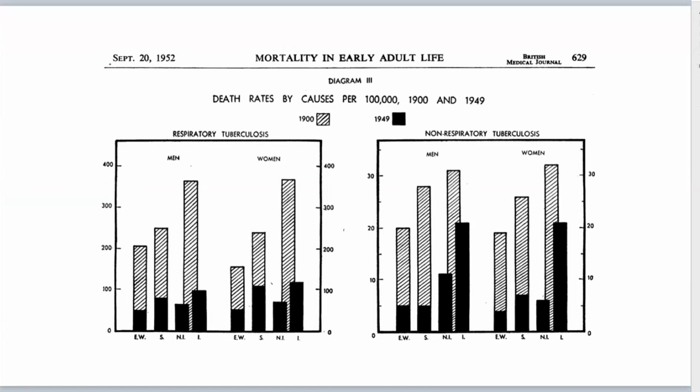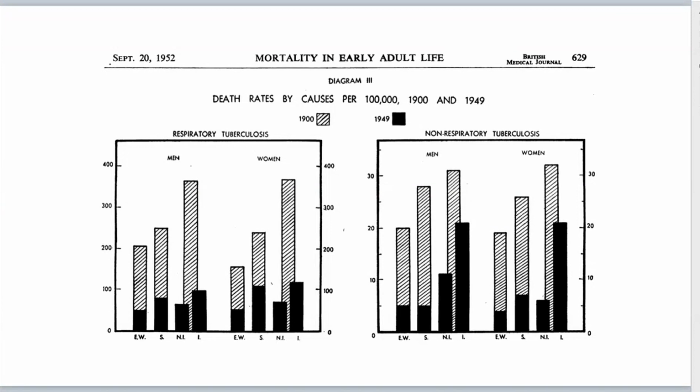These are from a paper by Roy Geary, who was mentioned earlier, another major Irish statistician. It compares rates of mortality in 1949 with those in 1900 for men and women of ages between 15 and 44 for regions of the British Isles. And by the way, notice that the graph on the right has quite a different vertical scale from the one on the left. There is EW for England and Wales, S for Scotland, NI for Northern Ireland, and I for